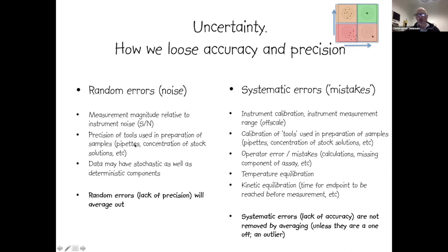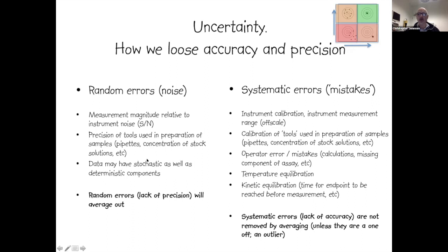Similarly, if we used tools during the preparation of samples, such as pipettes, and the precision of these tools was low, then we would again end up with a high level of random noise. But also bear in mind that data itself and whatever we're studying may have stochastic noise within it,